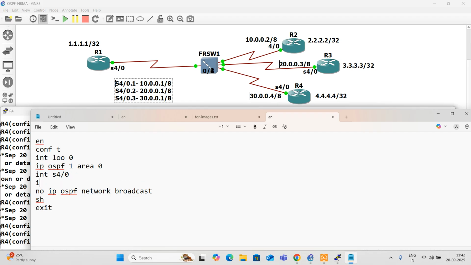I'll say IP OSPF 1 area 0, IP OSPF network type point to point. Yeah, then I say no shutdown.